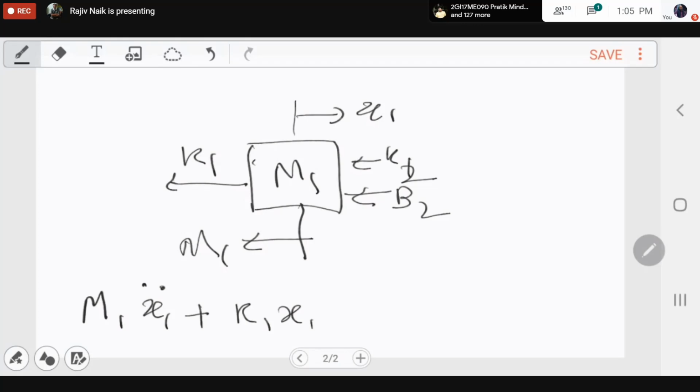Then K2 is there. See here, plus, because I am assuming that also to the left. I don't know whether it is on the left or right. If the assumed direction is correct, then you will get a positive sign. If the assumed direction is wrong, then you will get a negative sign. So here you can see that once you get the force here,